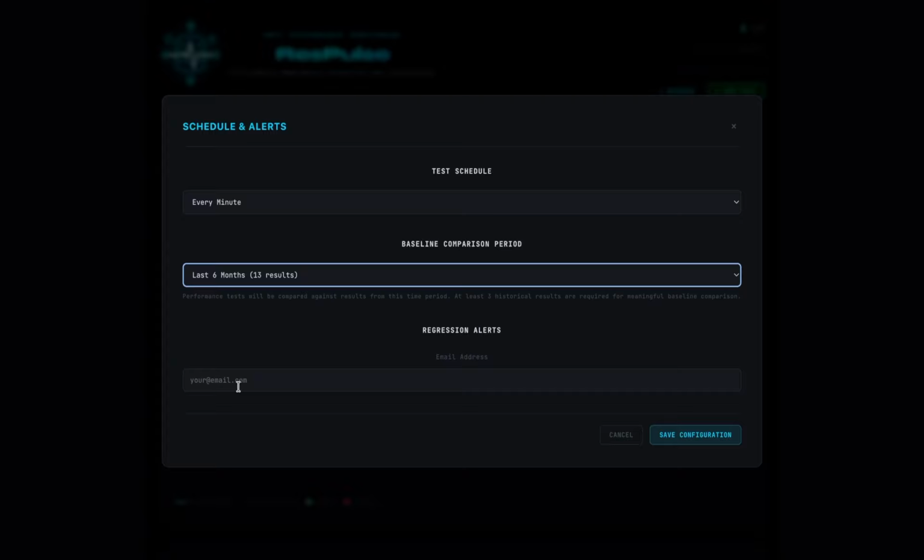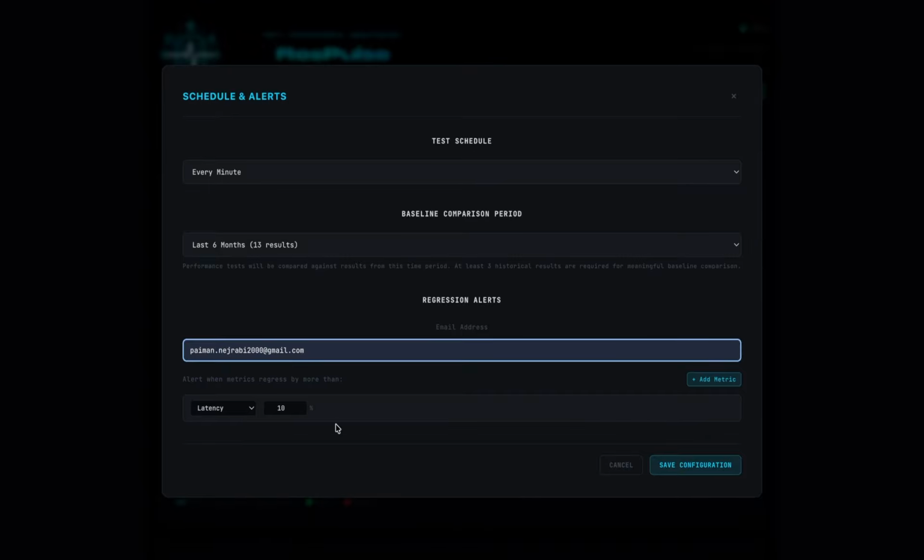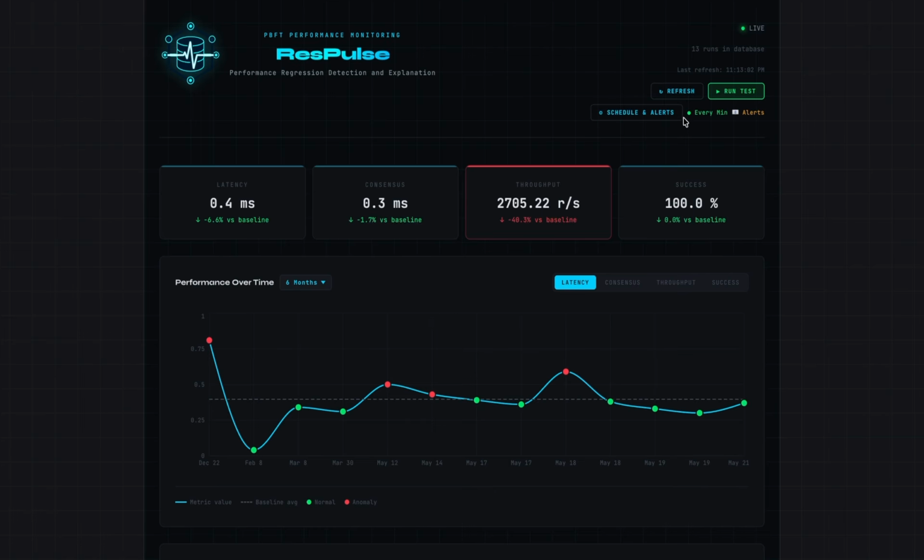And if you want to enable your alerting system, you have to put in your email and it asks you what metrics you want to keep track of. You can add more than one metric, but you cannot add duplicated metrics, as I mentioned in the slides. We'll leave it as latency at 10% for now, and all you have to do is just say save configurations, and it updates the UI and tells you that you have something scheduled every minute, and you are also enabling